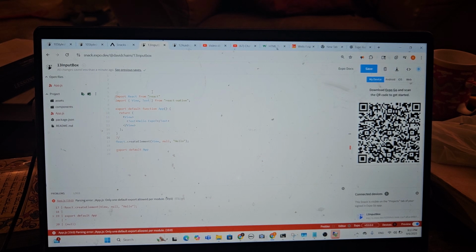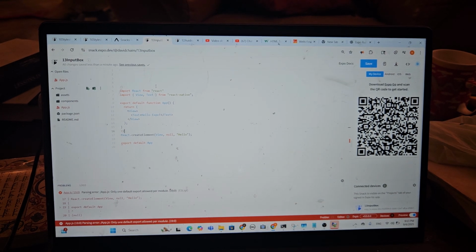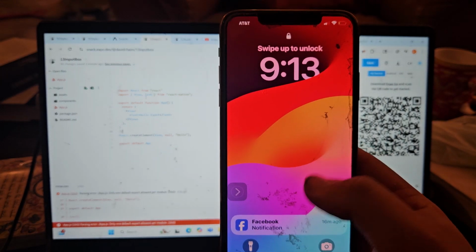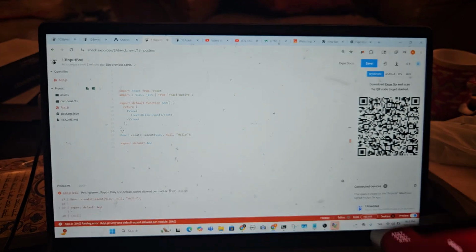All right, you guys. So we're gonna continue learning today with God's help. We're gonna learn about input boxes today with God's help in React Native. So once we make it, with God's help, we'll be actually able to